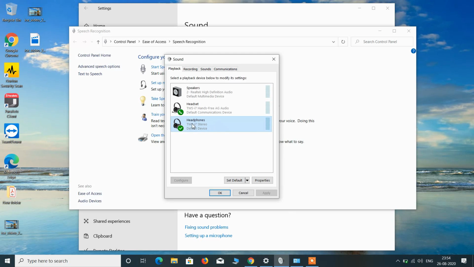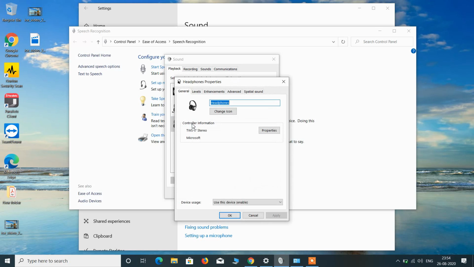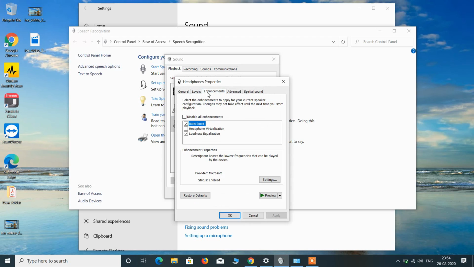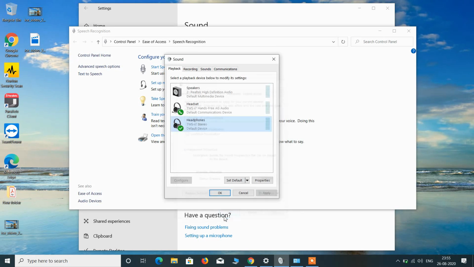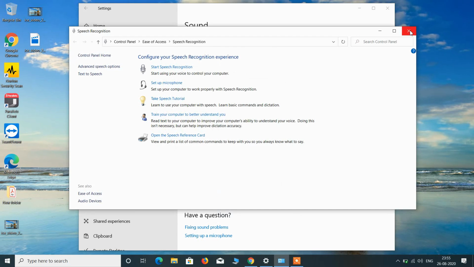And now just double click on this headphones and then go to the enhancement tab. Make sure that these two options, bass boost and loudness equalization, should be checked. After that, just click on the apply button and click on OK button. Now click on the OK button and close this.